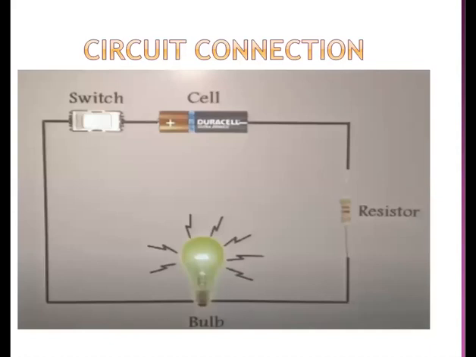Now we consider a simple circuit. We have a switch, a cell or a battery providing the current, the resistor which hinders the current, and the bulb. If you take a close look at the circuit, one thing must obviously strike: if you have to draw this particular circuit, drawing the cell like this, the switch like this, the bulb or even the resistor, it will be quite a tedious and tiresome task.